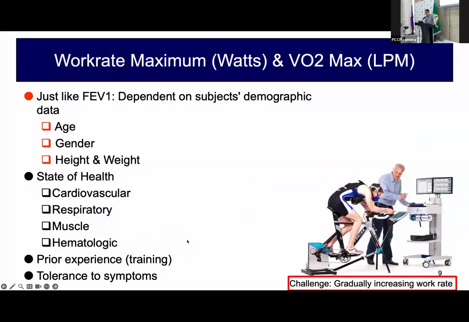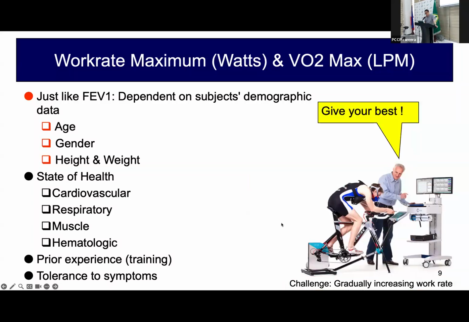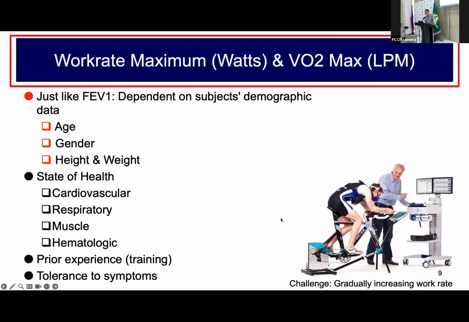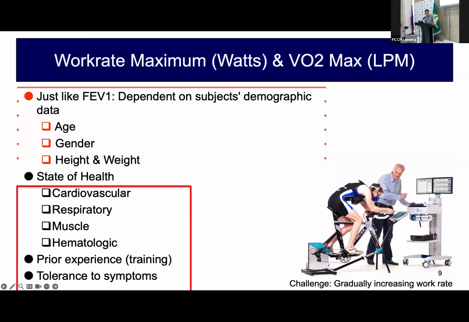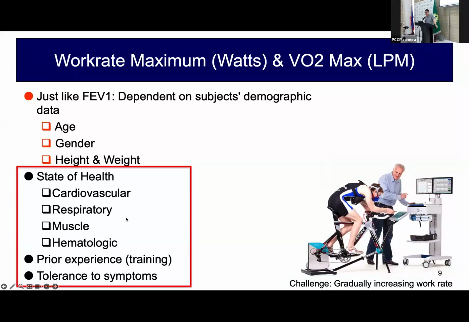So in CPET, we challenge the patient to a gradually increasing work rate. And for it to be useful, you should max out the patient. Okay, and one of the hardcore parameters that we measure is work rate maximum. We measure in the bike in watts and the VO2 max in liters per minute. Now, these parameters, just like FEV1, are dependent on the subject's demographic data. Okay, so you're younger than I, so your predicted work rate maximum and VO2 max will be much higher than me. Okay, likewise, the predicted values are dependent on health, particularly the cardiovascular, respiratory, prior experience such as training, and